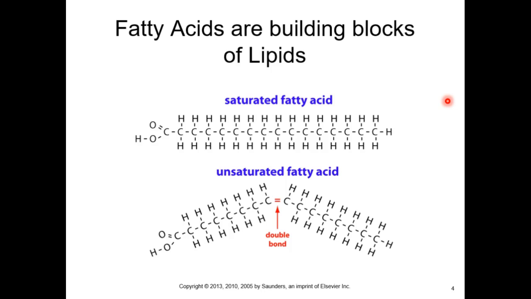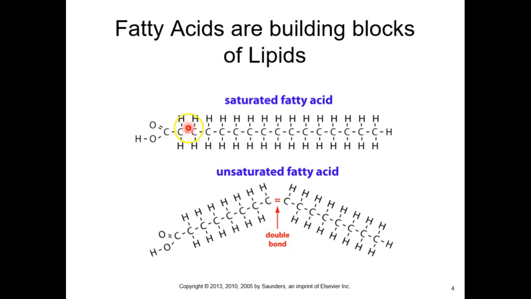There's a ton of terminology that gets co-opted by fad diets. And you will get this in chemistry and you will get this in nutrition, but I just want to inform you of a couple of things that get co-opted by fad diets and really don't mean what the general public thinks they mean. So when we say a saturated fat, all we mean is saturated by hydrogen. That means for every carbon, there's 2 hydrogens. Carbon, 2 hydrogens, carbon, 2 hydrogens. That was what we mean by saturated fat.